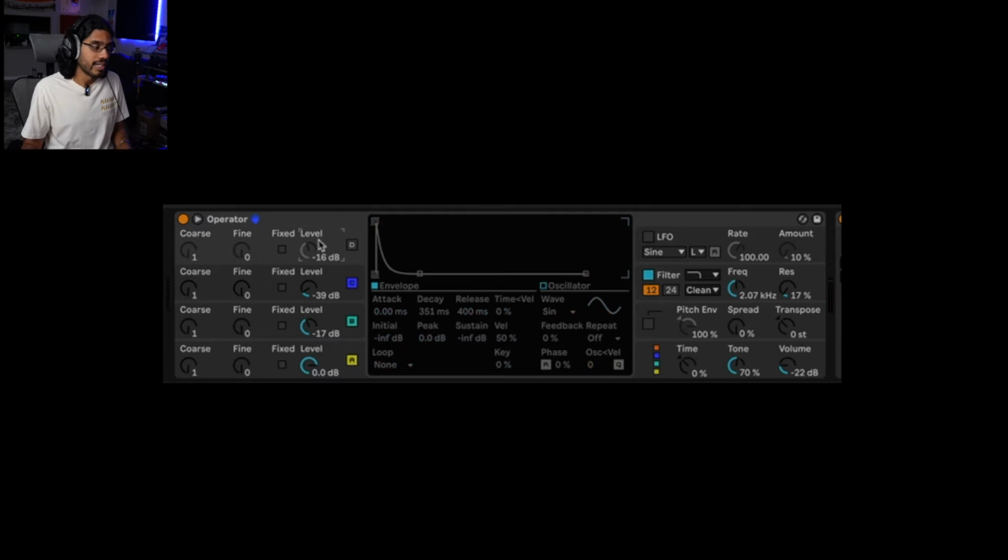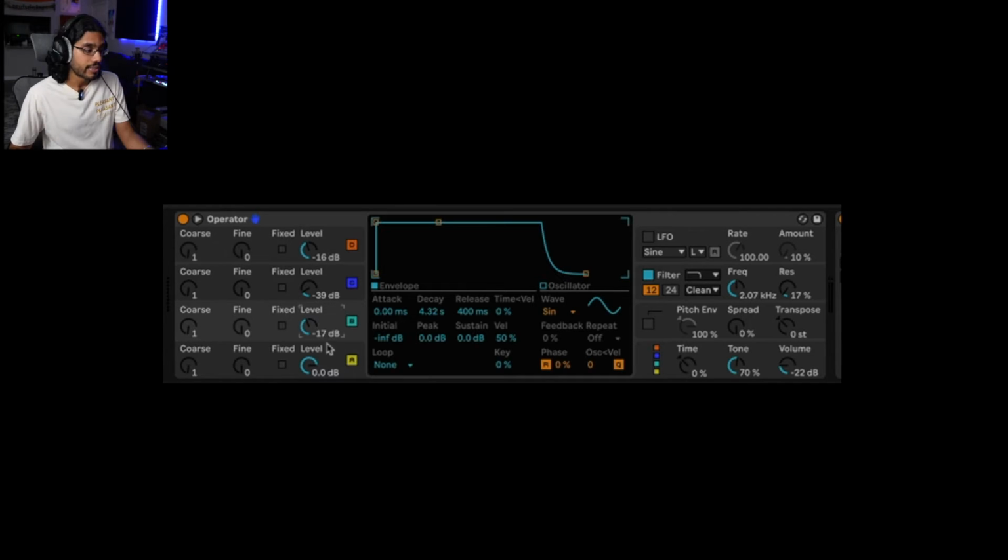And the last operator, number 4, is giving the bass notes a bit of punch to them, a little bit of transient. Unlike these other 3 operators, which have the sustain and decay fully up, I have this one pulled down quite a bit. The decay is at 351, so that's going to give it a little bit more of that plucky vibe. So let me turn that on. Here's without it,